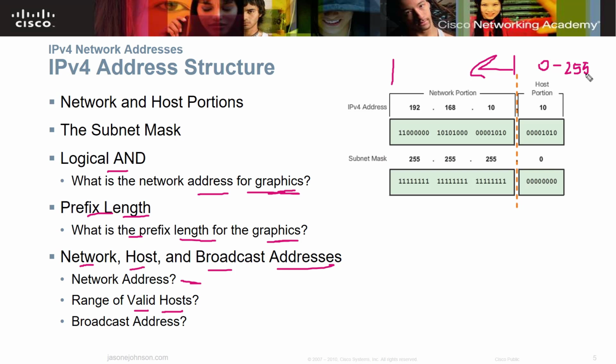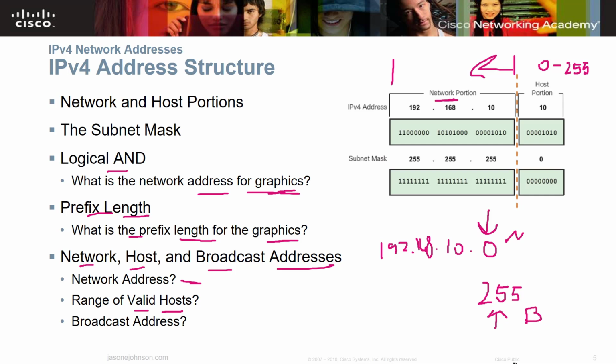Now, there are some things you need to know as far as network ID and broadcast ID, and these are things that you just need to get. This is your network ID or network address over here, so 192.168.10.0. The 0 is your network ID. It's always the first number in your host range. And 255 in this case is your broadcast address. So your last number is your broadcast address. Your first one is your network.